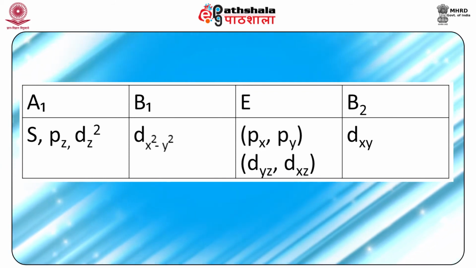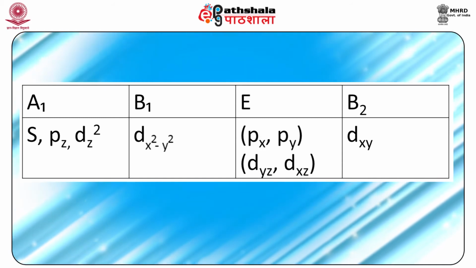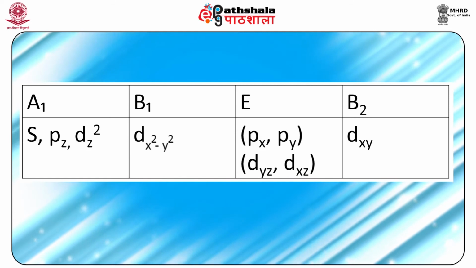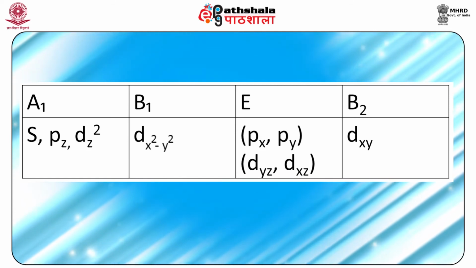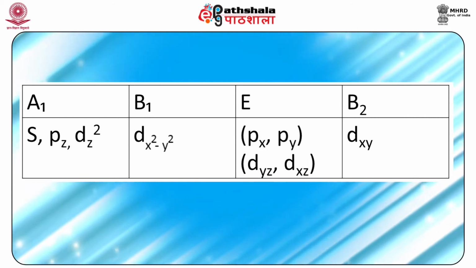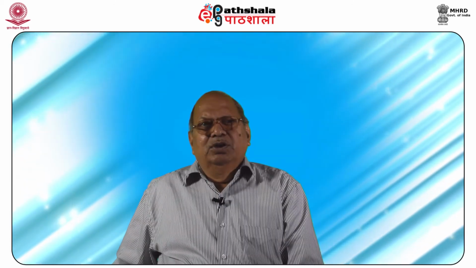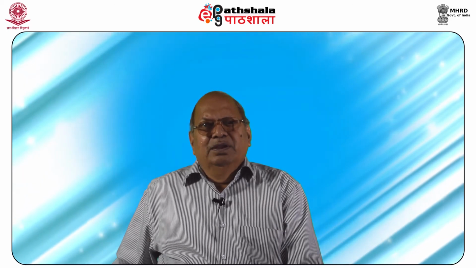Since there are 5 BrF bonds, we need 5 atomic orbitals for hybridization of 2A1 plus B1 plus E symmetry. The orbital dxy, which has B2 symmetry, does not mix to form hybrid orbitals for bromine-fluorine bonding in this molecule, because this does not form the basis for tau BrF. So, this orbital will not be considered in the hybridization scheme.